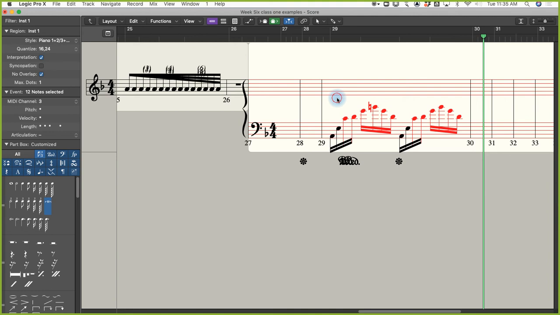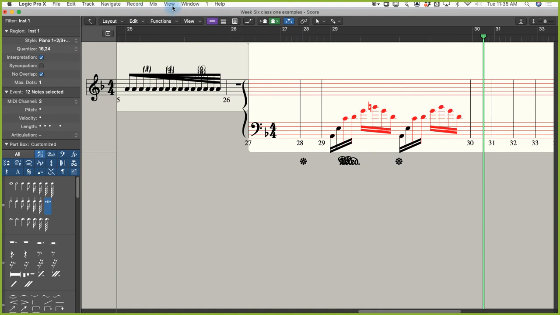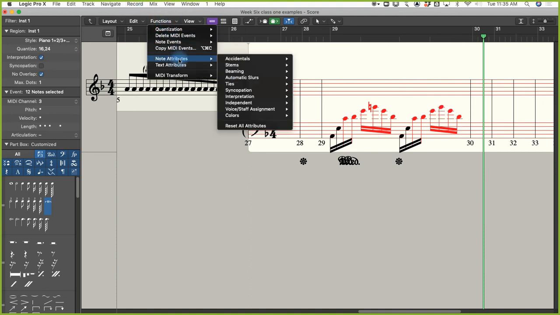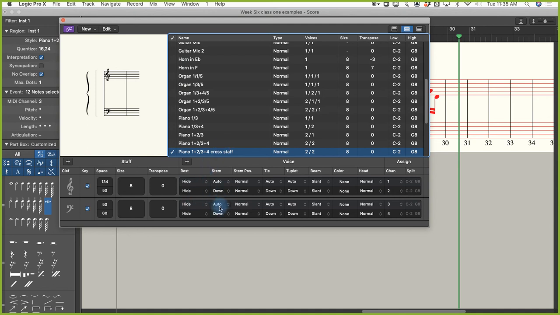And now the very simple situation here is I'm going to take these notes and go up here to functions, note attributes, voice staff assignment, staff above voice. How about that? And so now you can see that these notes are beamed together. And this behavior of the beam in the middle with some note stems going up and some note stems going down